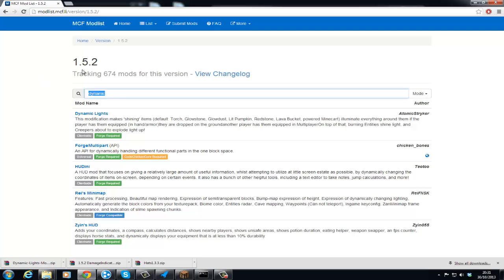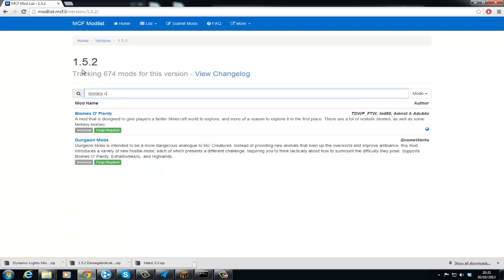So the last one I want to get is Biomes of Plenty, which is probably one of my favourite mods at the minute. It doesn't say how many biomes it adds, but it adds a lot of biomes, and it just makes the game so much more different and fun to play. So if I open this,